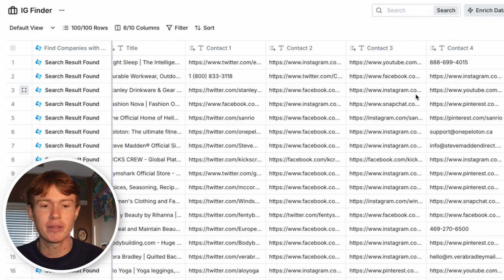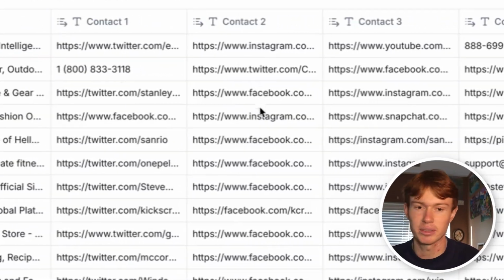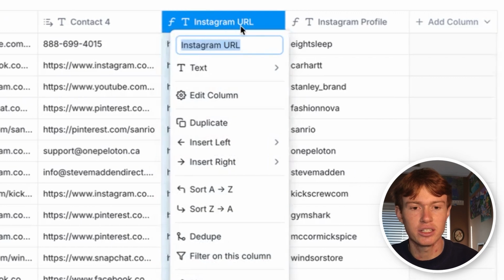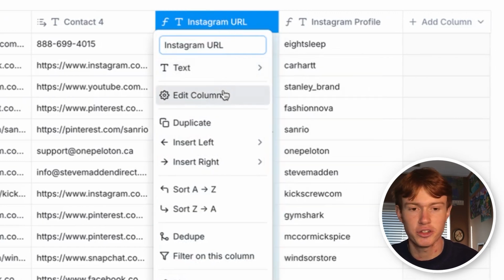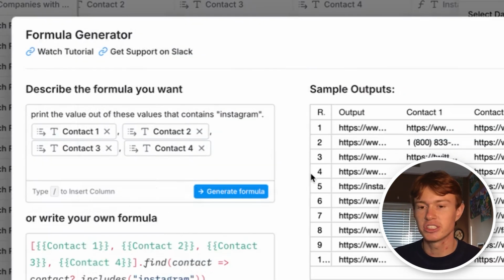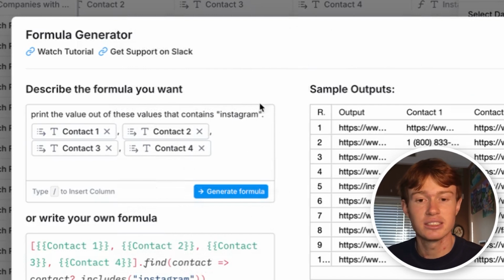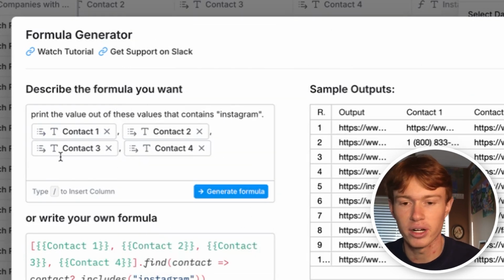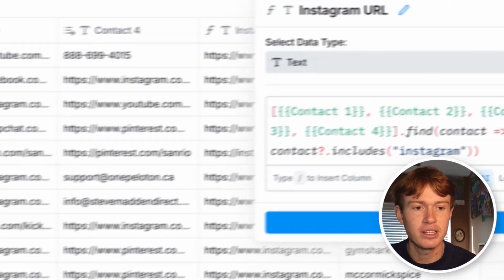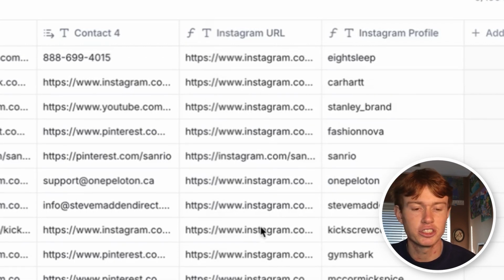You can see here, I mapped out the first 4 contact columns, and sometimes there's a phone number here, sometimes it's Facebook, sometimes it's Instagram, sometimes it's Twitter. It's not always super reliable on which column is going to be attributed to which social media platform. After I mapped these 4 columns out, I then used a formula to extract just the one that contains their Instagram. All I did was use the AI formula generator and said, print out of these values that contains Instagram, and I fed the 4 contact columns in here. And you can see that it very reliably is able to pop out an Instagram account for each one of